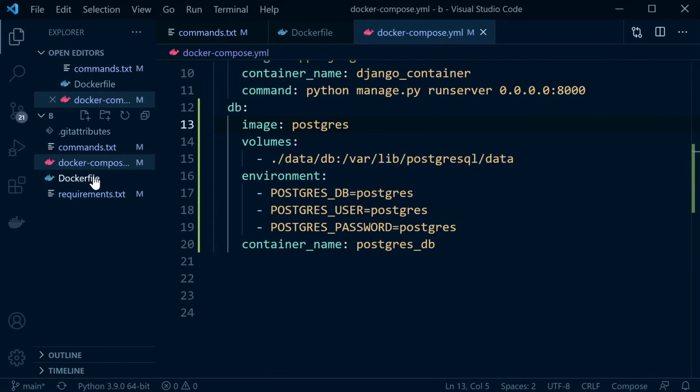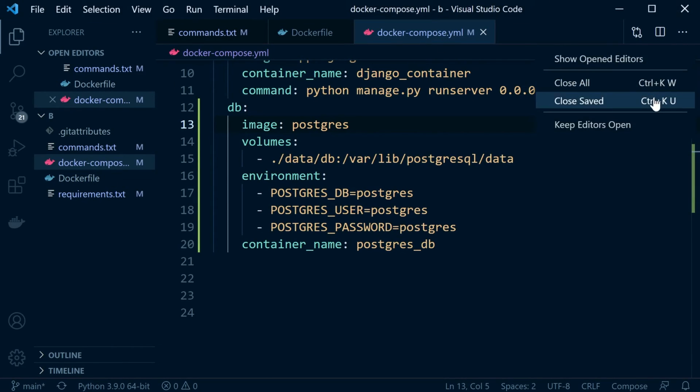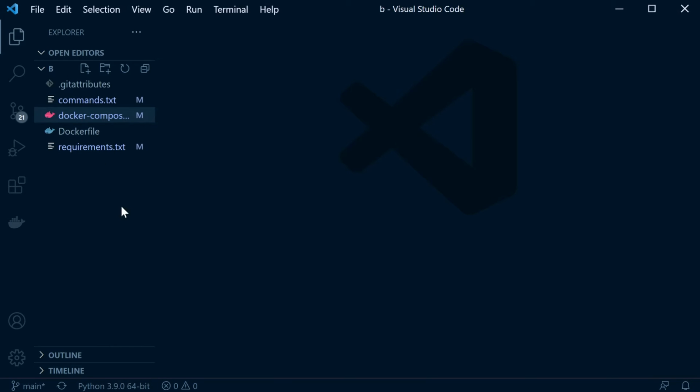So as I dropped in there, let's just close everything here. We don't need that. In a minute, when we build this, we are going to need to configure Django for a Postgres database. But the first thing we can do now is obviously build our image, start our container, and then our application will be available for us to then configure